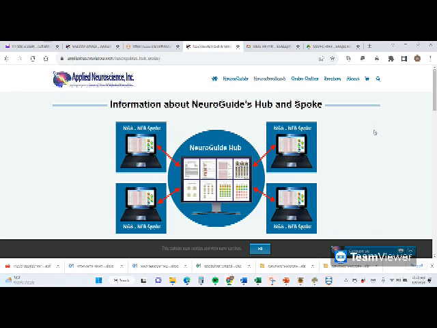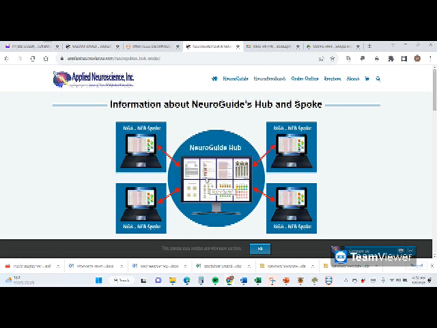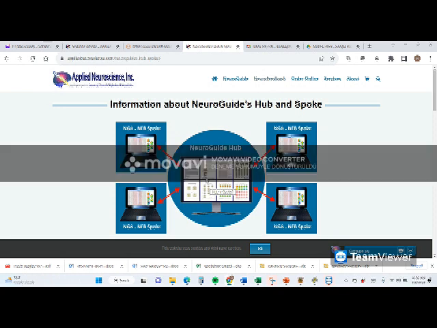And then he uses TeamViewer to stream the EEG from the spoke to him. He's the hub. And so each of his hubs have about 10 different spokes. And they're streaming data to him. Then he does neurofeedback. He does assessment, neurofeedback in real time through a distance. So these people will be in Kansas or in Los Angeles. He's in Stanford, California. Or you can do it all around the world.